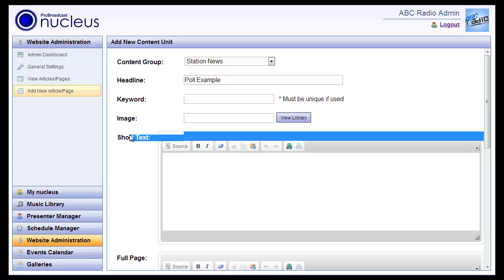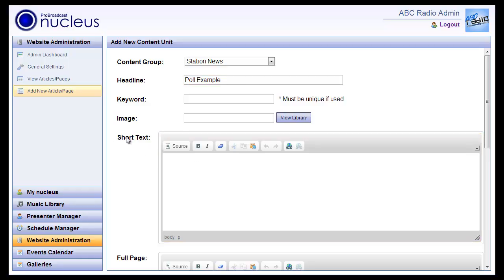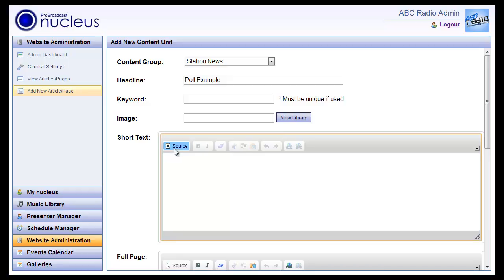And then this is the one we're interested in, short text, particularly if you want this to appear on your home page. Rather than just pasting it into the main box like you normally would, that would get very messy and it would just come out as garbled code. We need to go into Source,